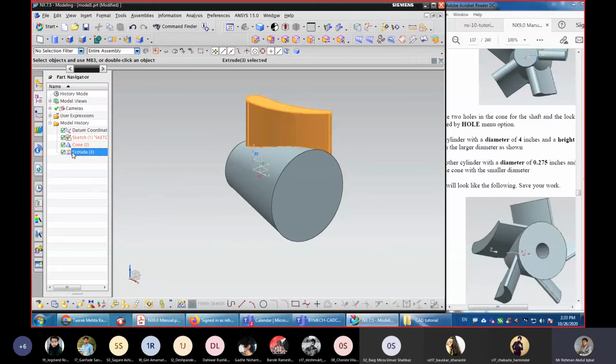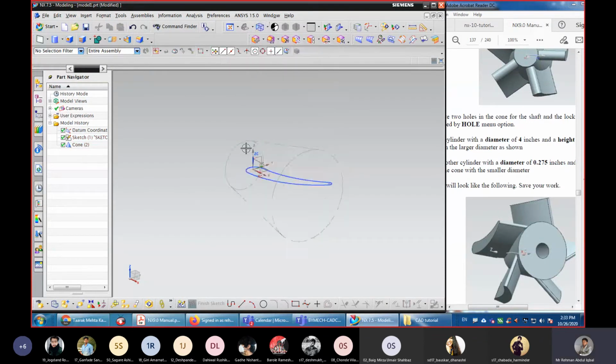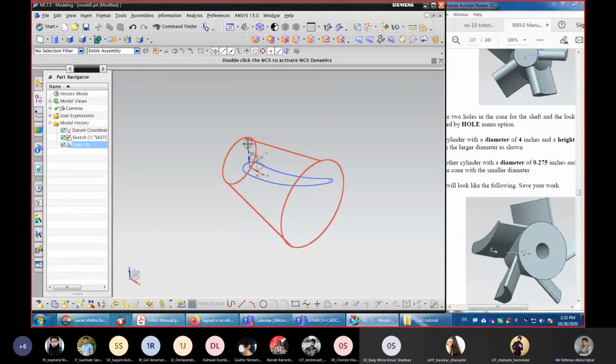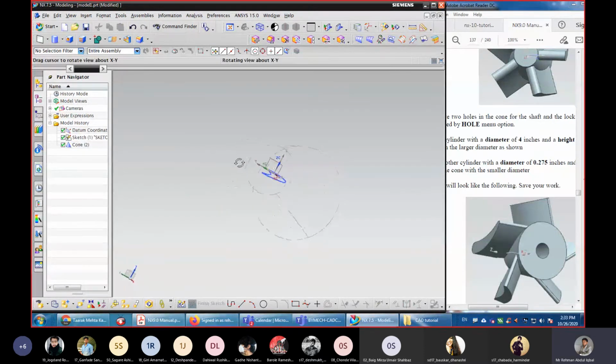Say we will delete this extrude, okay, and here the sketch has been created in XY plane, okay, and what we will do in YZ plane, we will draw one arc, and along that arc we will sweep this cross section.